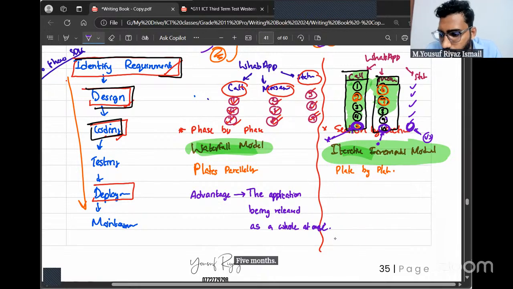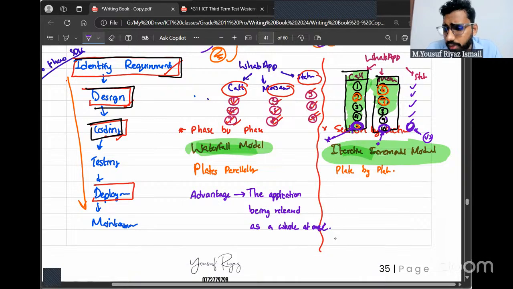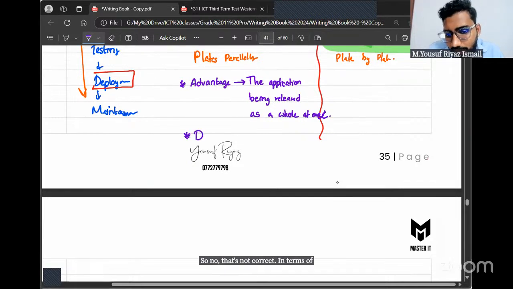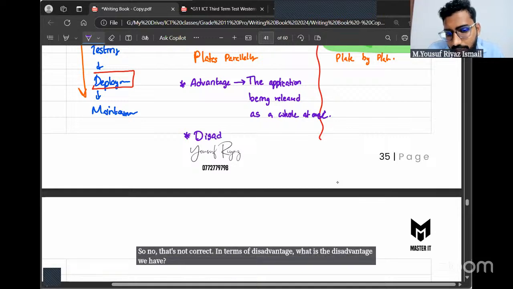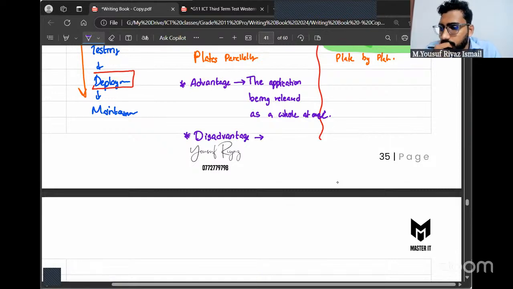As an advantage for waterfall model, process and results are well documented. In iterative increment model also, it's well documented. So no, that's not correct. In terms of disadvantage, what is the disadvantage we have? It's a very clear thing you can see. Can't update?